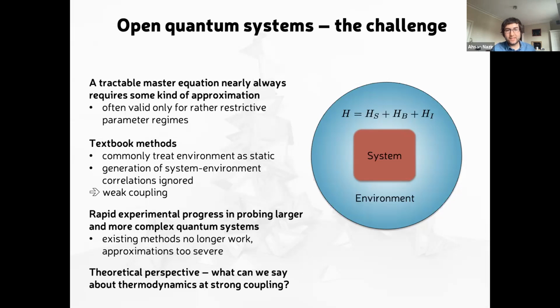For experimental progress, this is no longer satisfactory, I suppose. So it works very well in the regime of standard quantum optics, where a lot of master equation approaches were developed and applied. But for solid state systems, for example, the collective degrees of freedom of the system can often be much more strongly coupled to their surrounding environment. So these weak coupling Born-Markov treatments, the approximations are too severe and they may not work. And so we need to think about other ways we might describe the dynamics of the system if we want to maintain a master equation approach.